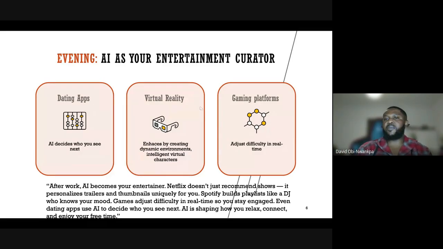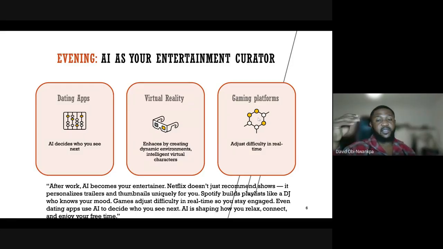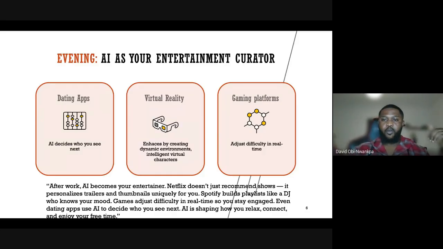We also have gaming platforms that adjust difficulty in real time. Recently I bought a game, not like I'm really into adventurous games, but it's Marvel's Spider-Man, and the Spider-Man feature was really hard to pass. I got pissed. But at some point I found that you could actually reduce your difficulty. When you start playing a game with the inflow, if you're a gamer, you find out that the difficulty remains.